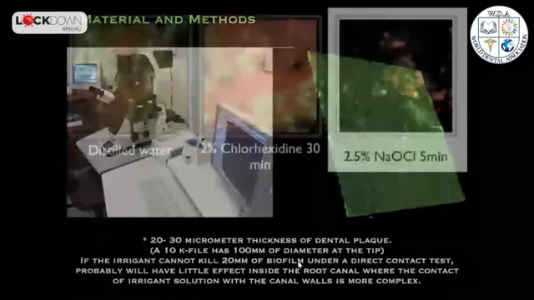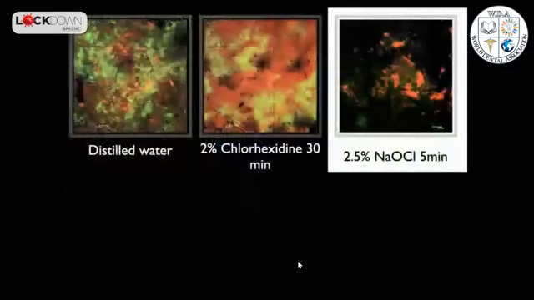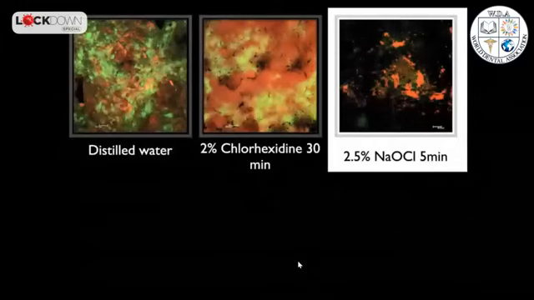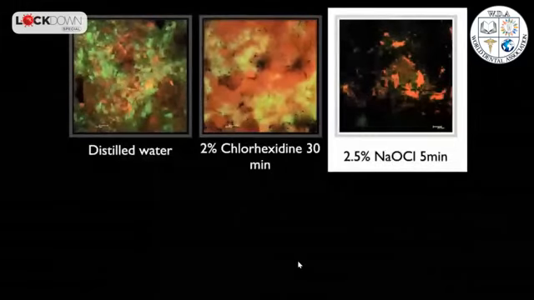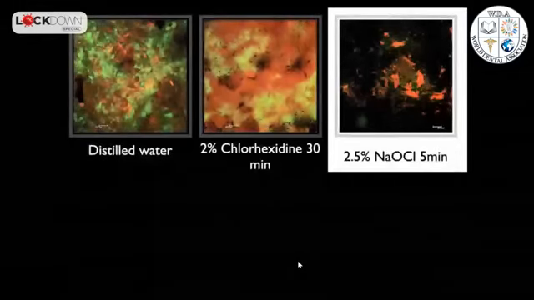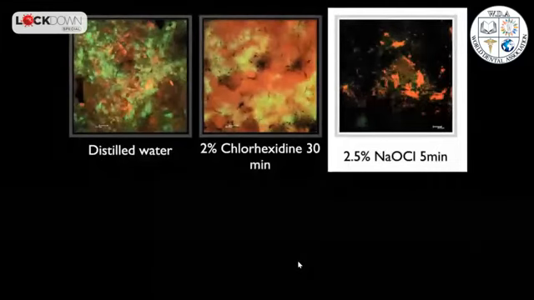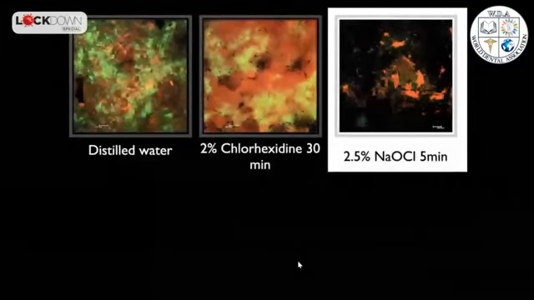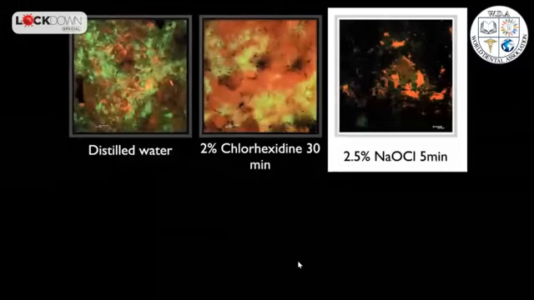And the advantage is that you can see that there are two types of colors, one is red, the other one is green. They just basically tell us in a simple way if the bacteria is live or dead. But the stain basically measured if the irrigant solution affected the cell wall.